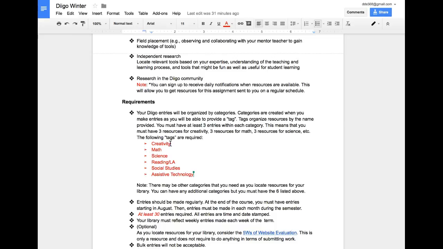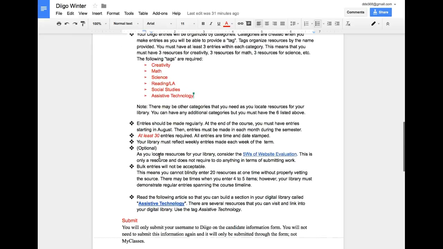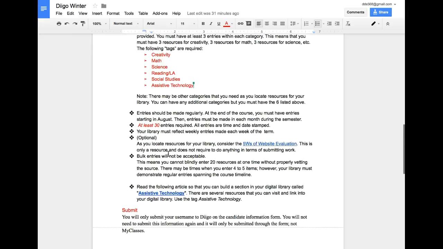So your topic for creativity, you need 3 resources that are about creativity in the classroom. Doesn't matter what grade level, doesn't matter what subject. The only part of the grade level that matters is that it's 1 to 6 or K to 6, that it fits your license, is all it really matters. Math, find math resources, and certainly any of the things that we use in our class is open game as well. You need at least 30 entries, and at the end of the course, all I'll do is take your username, I'll look you up, and then I'll see